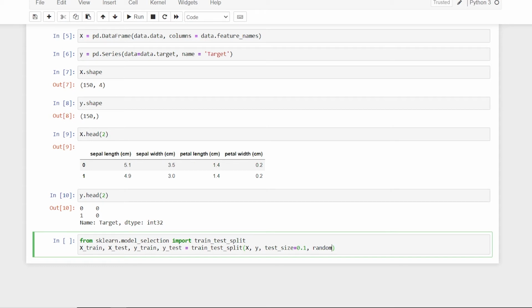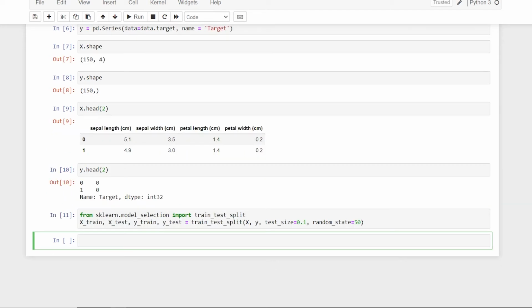And random state is very important in this one, since it is completely sequential. Okay, so there are all 50 values of 0, then 50 values of 1, and then 50 values of 2. So setosa 50 values, 50 values of versicolor, 50 values of virginica. We don't want that. Okay, we want to shuffle everything. So the way I do it, so let us say 50. All right, and we have it. So I have my data set with me.